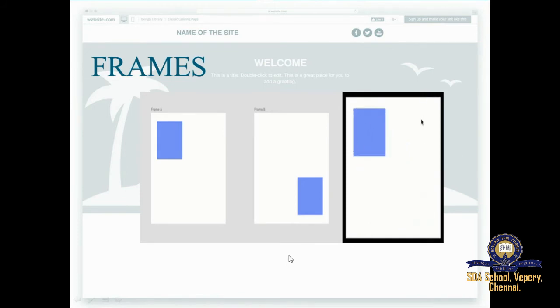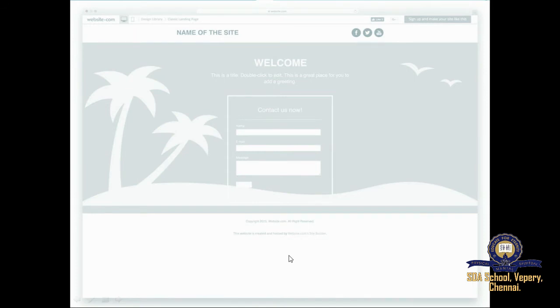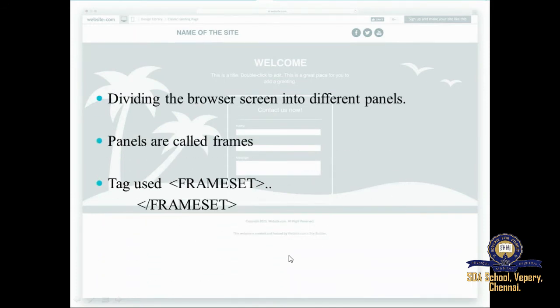Frames are nothing but, whenever you give content in your web page, it will be given at a stretch like a text. So documents created so far in HTML will display a web page occupying the entire browser screen. On the whole screen itself, it will be occupying the whole contents. But instead, when you want to display two or more pages together in a screen, then you go for frames.